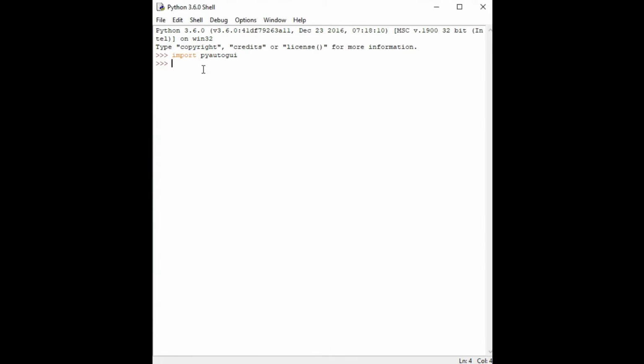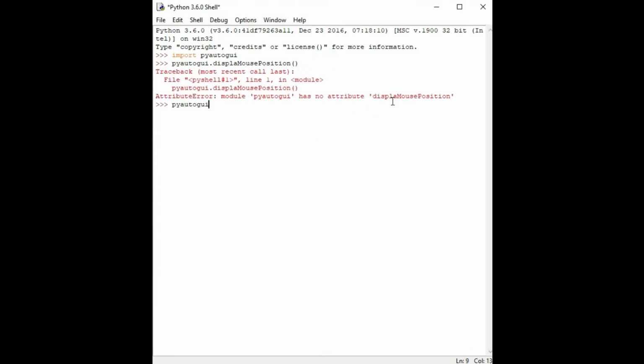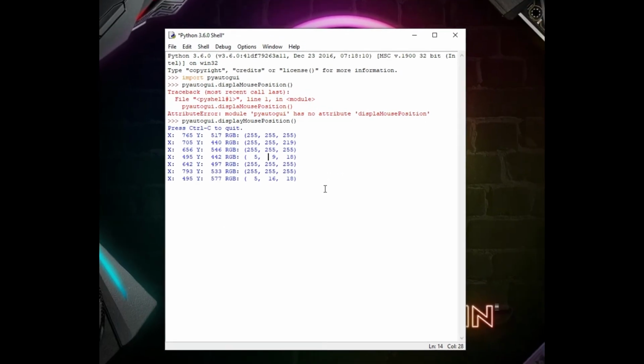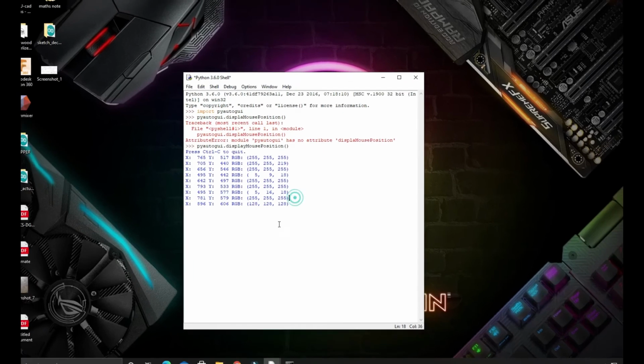After that, give pyautogui.displayMousePosition() with the brackets and hit enter. I missed the Y in display, so let's do that again and hit enter. Now you will get the log in this shell, with the X and Y position and also the RGBA value.